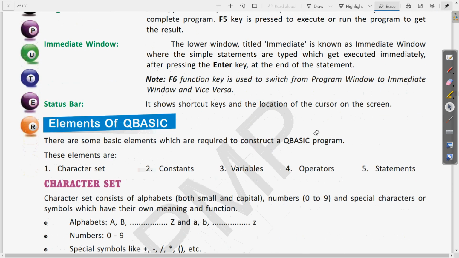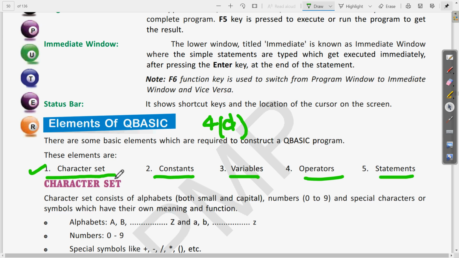So these are the elements of QBasic. This is the answer of 4th D. The 5 elements are: character set, constant, variable, operator, and statement. So you only have to write the names. Clear? That is, what are the QBasic elements.